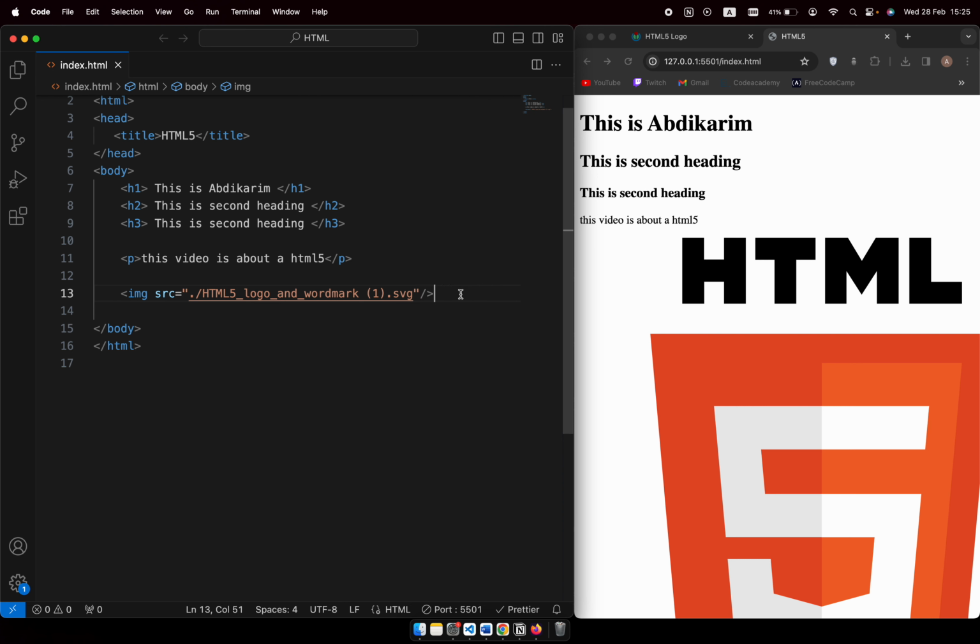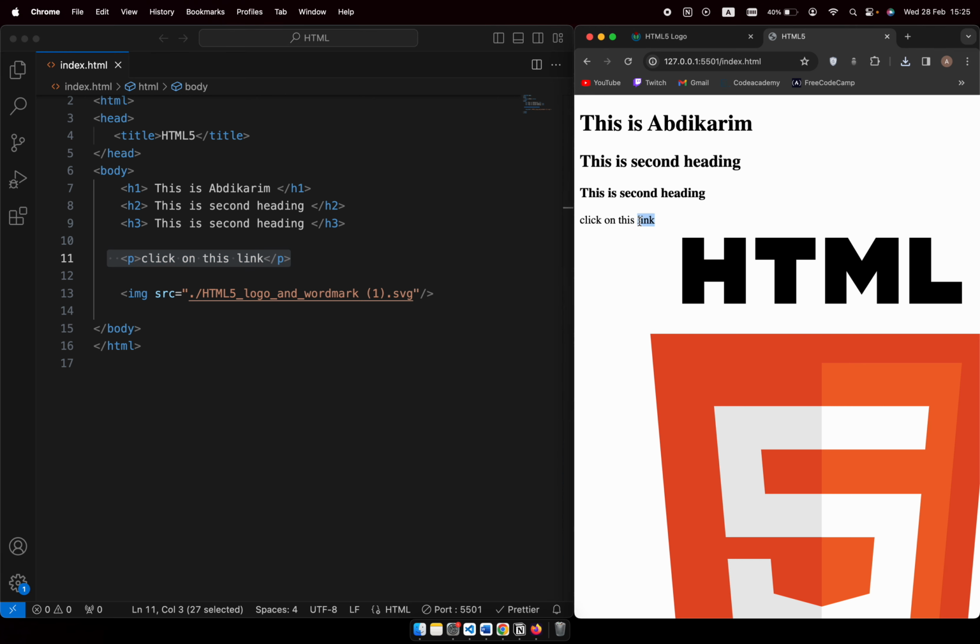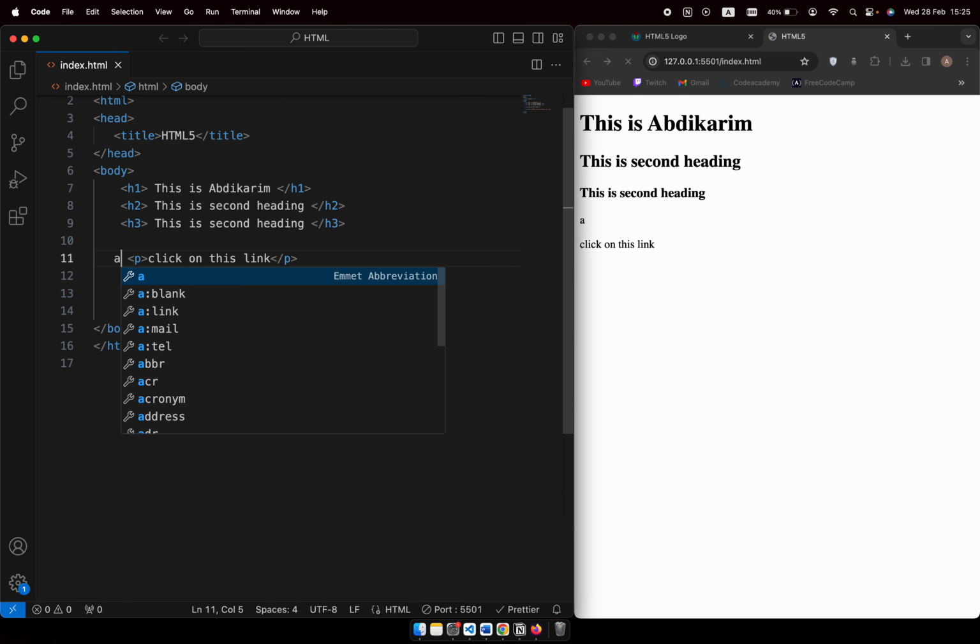Very exciting. And let's say, for example, we have a p tag and we want to make it, for example, click on this link. Now if you go over this paragraph, this p tag, and click on it, it's not taking us anywhere. Hope you guys see that. It's not taking me anywhere as soon as I click on it. However, if I do